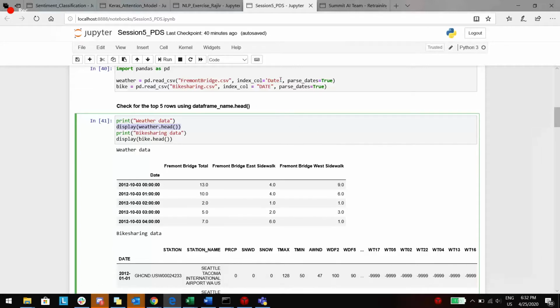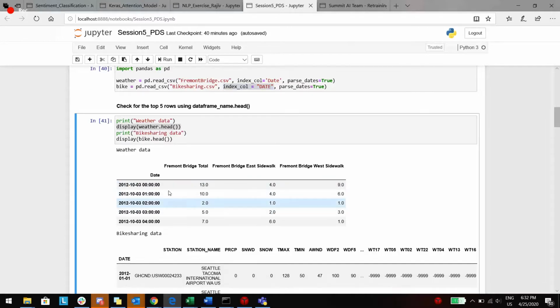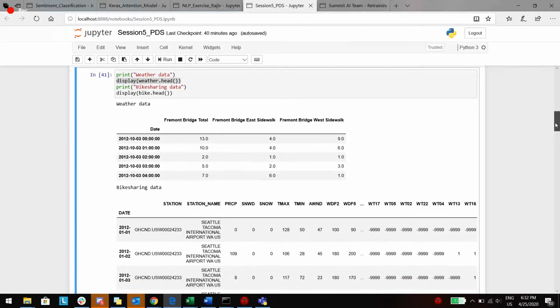If you observe, I've been using an argument in this read_csv where I assign the index column while reading the data itself. The index column you can see in bold font, even the rows are bold compared to others. That means it is an index column.